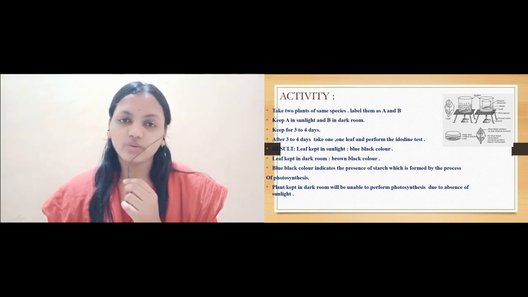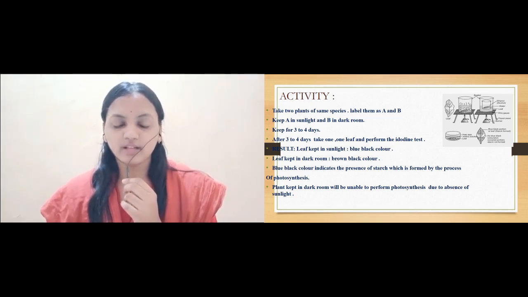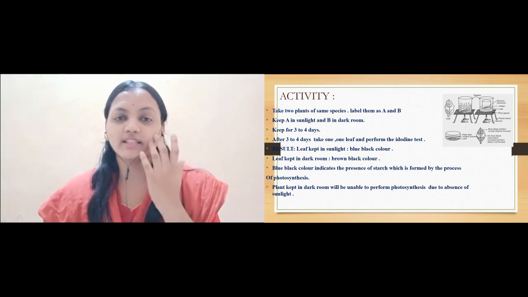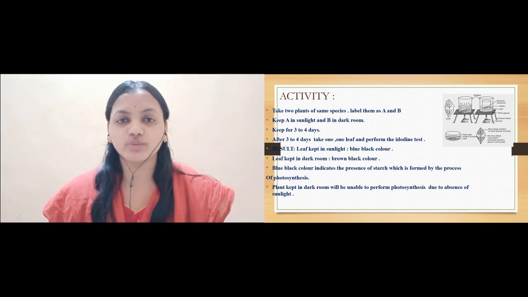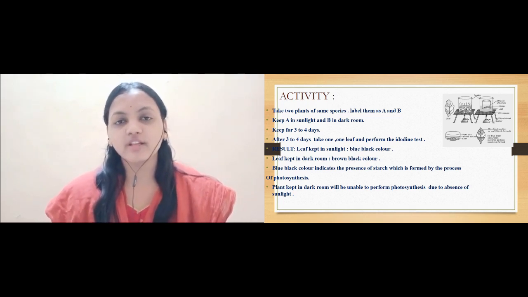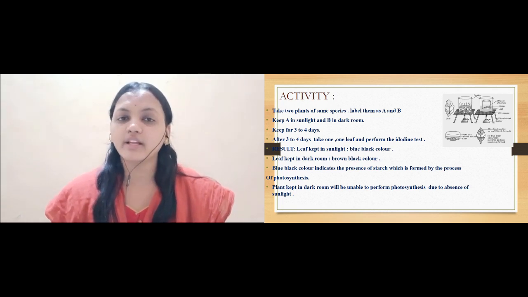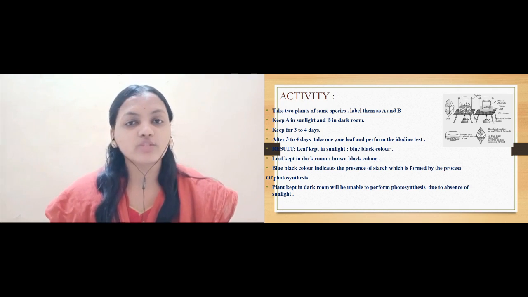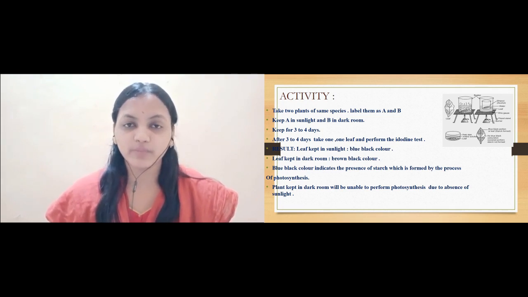You are going to get observations from the leaf of the plant which was kept in sunlight, that it will show you a purple-blue appearance in color due to the presence of starch. Now from where does the starch come in the leaf? The starch is actually prepared during the process of photosynthesis. Now take plant B leaf, that is sample B. Put some iodine